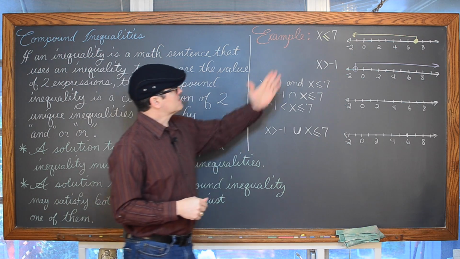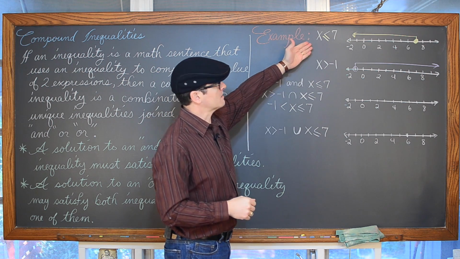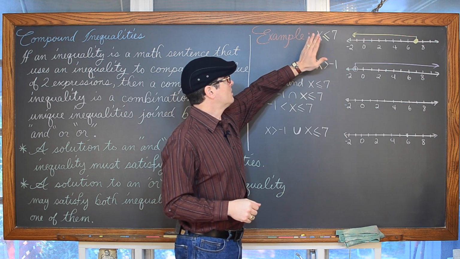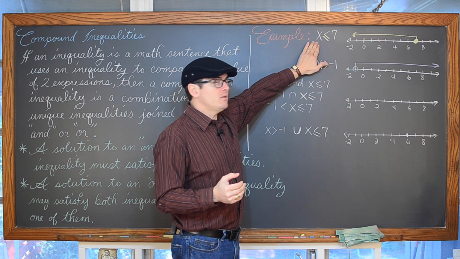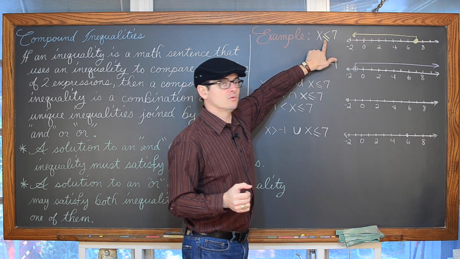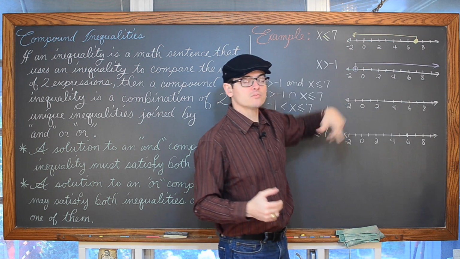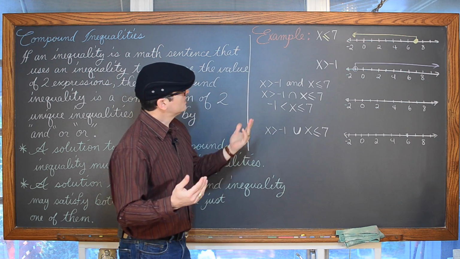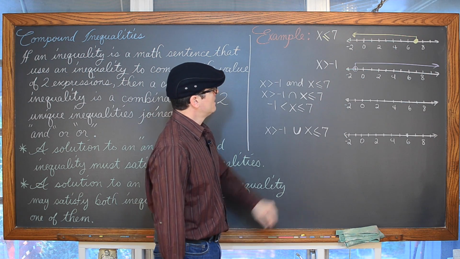So we have x is less than or equal to 7. Now this has already started. This is not a compound inequality. It's just, give me on a number line graph, represent any value which is smaller than, less than 7, or equal to. Well, because there's an equal sign, we're going to put a solid dot, and the numbers get smaller as we go to the left. So here we have the graph representing x is less than or equal to 7.